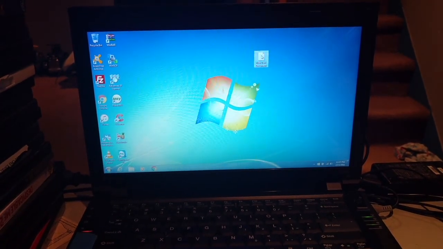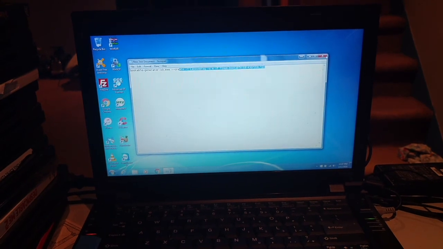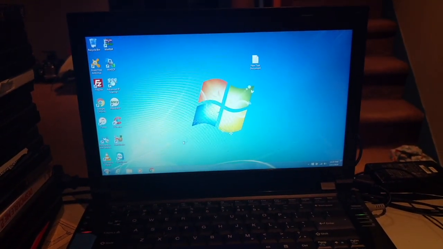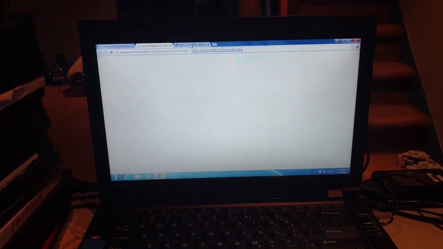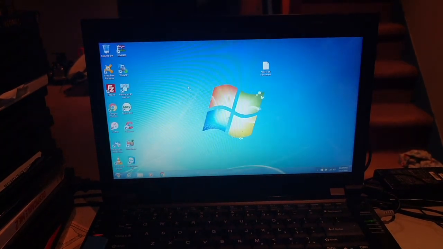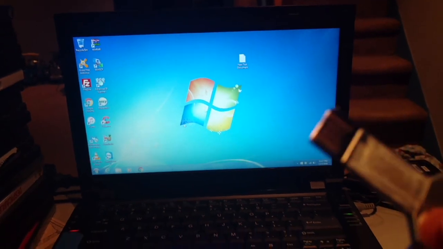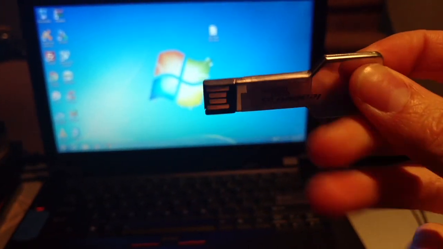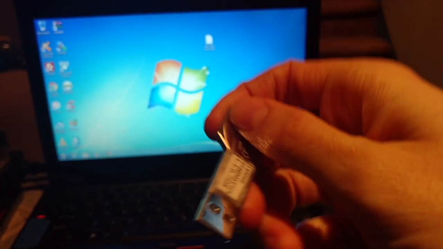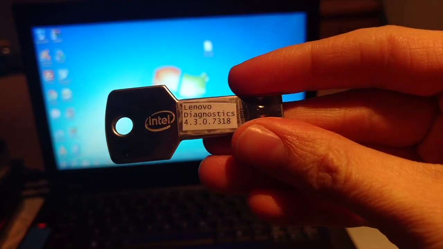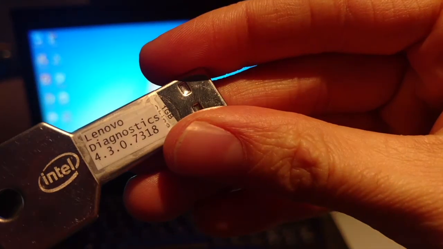Close that. That's the script that I set up for the command prompts. If I open up Google Chrome, you'll see that it automatically opens to the Rufus, I think that's how you say that, creating the USB thing that we downloaded, and Lenovo down. So just showing that I am on the same computer. This is the key-shaped Lenovo USB, it does say Lenovo on it, that we just created, and I had it labeled, and it says the 1 gig there as well. So if we go ahead and